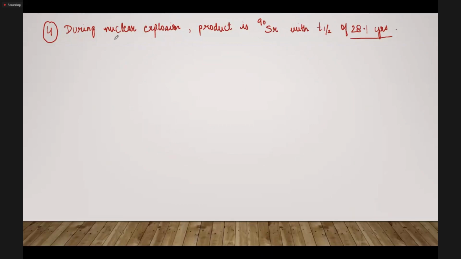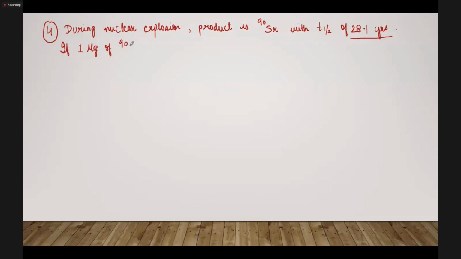Now they are saying if 1 microgram, this is mu. The symbol mu represents 10 to the power minus 6. ठीक है, तो इट्स अ वेरी स्मॉल क्वांटिटी. जैसे हम मिलीग्राम के लिए m यूज करते हैं, वैसे ही फॉर माइक्रो फॉर 10 to the power minus 6 we use this symbol mu. So it is 1 mu g or 1 microgram